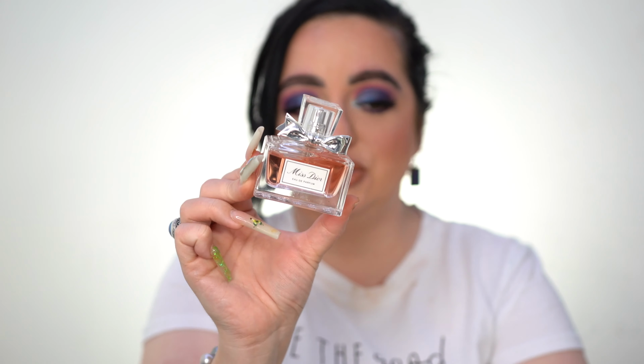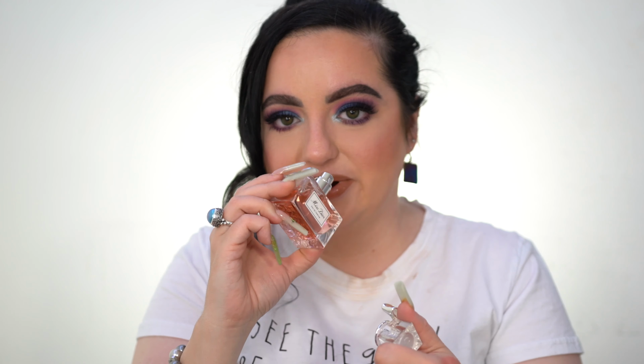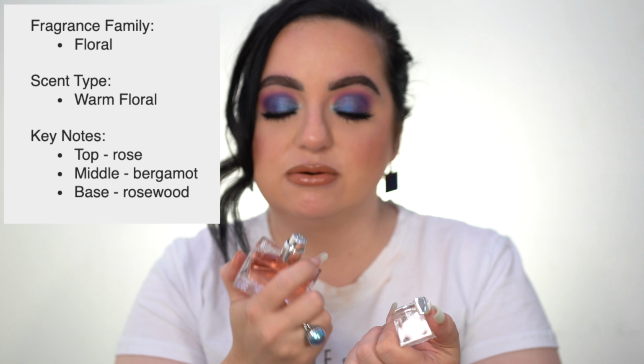I could go on and on about perfume all day, but I'm gonna do a perfume collection soon, so I want to save that for then. But if I could recommend one perfume for you to get on sale, it is the Dior Miss Dior. Look at how cute this is. I remember last year when I was like, I'm gonna buy this, and I finally bought it in the winter VIB sale. No regrets. I'll put the notes up here because I don't know off the top of my head,